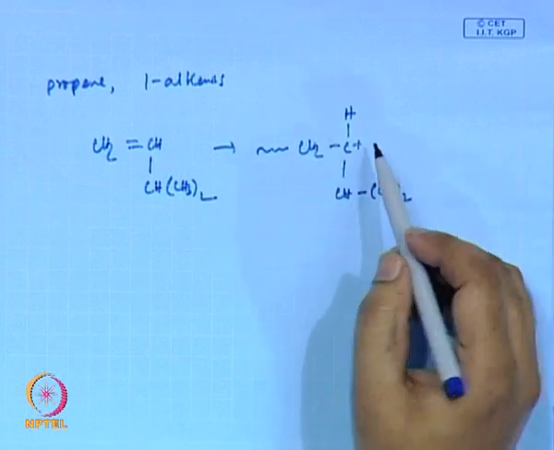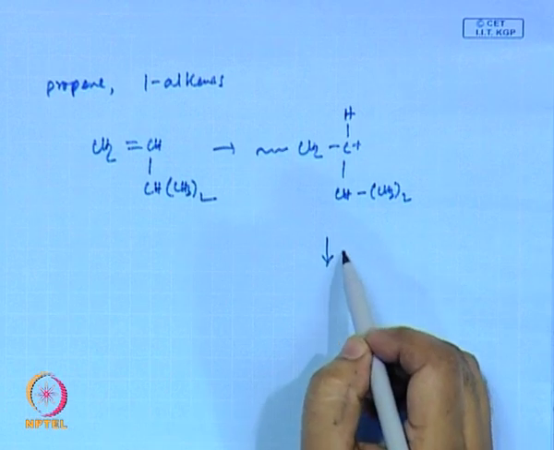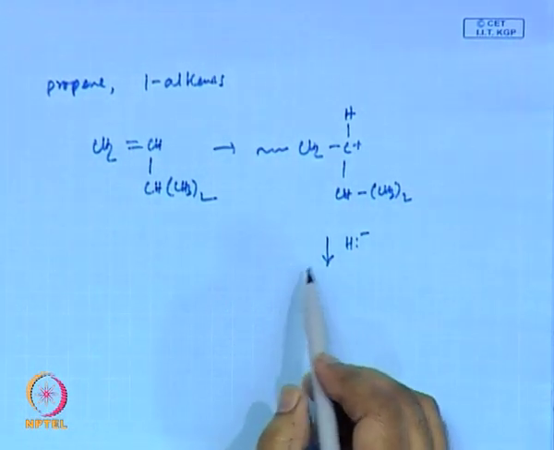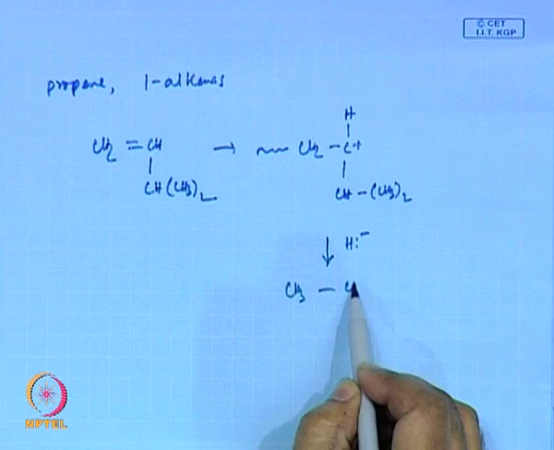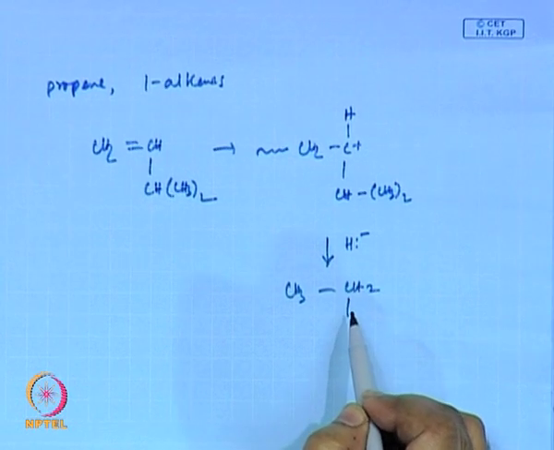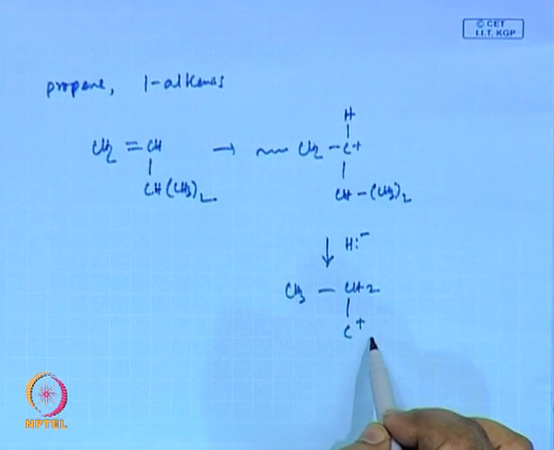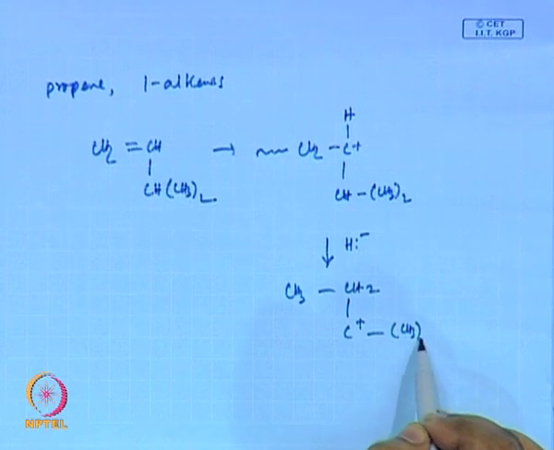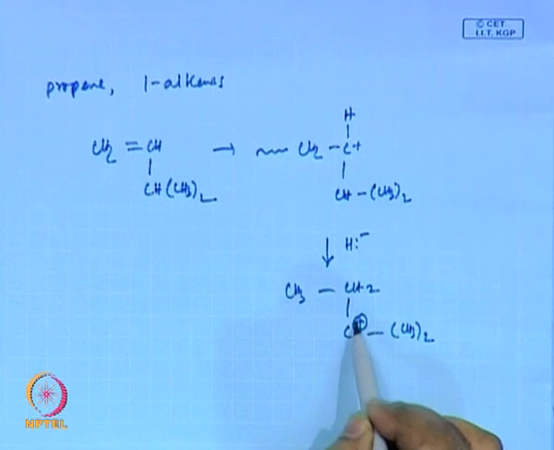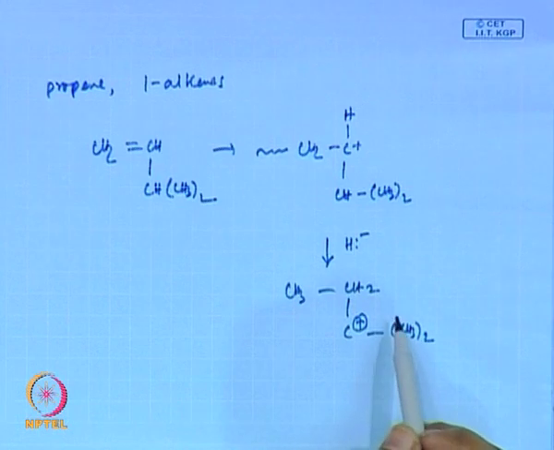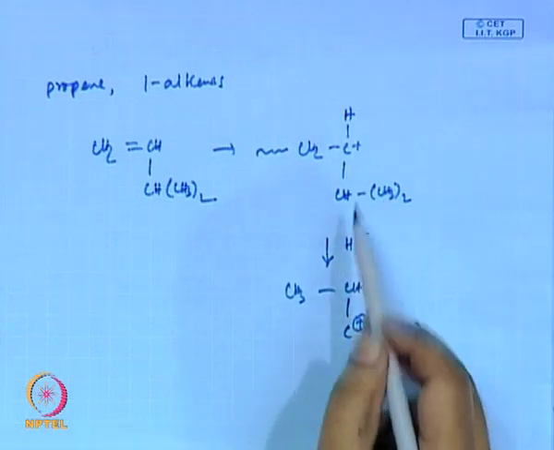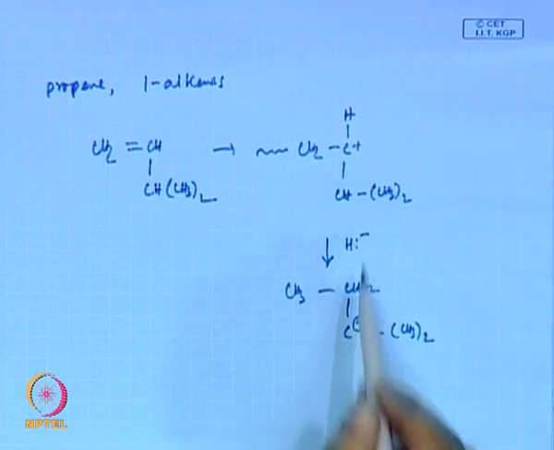Now, this can undergo a hydride shift from this carbocation. So, as a result, more complicated products